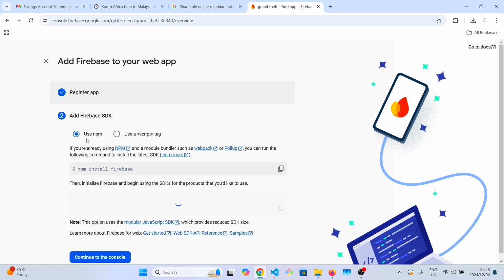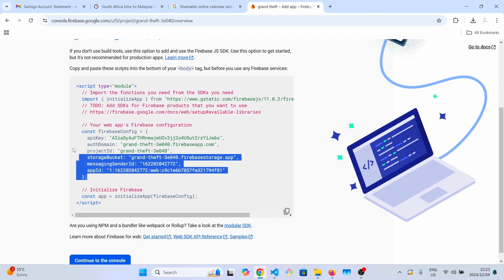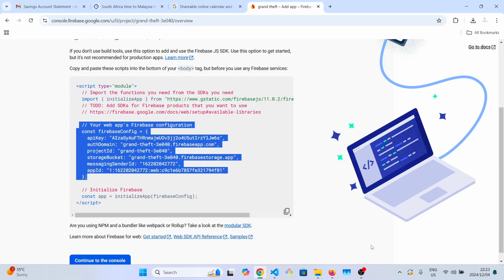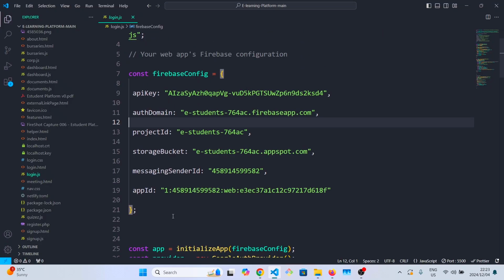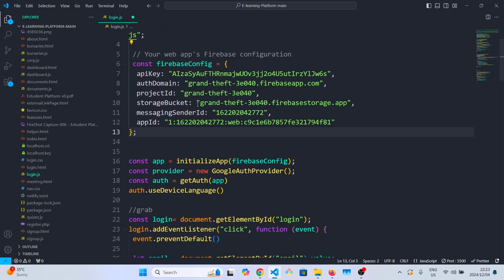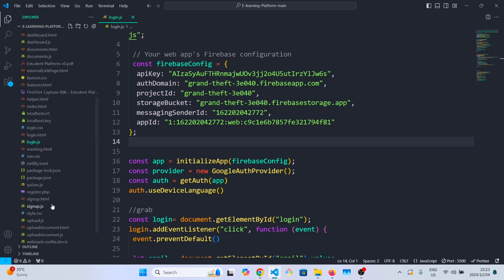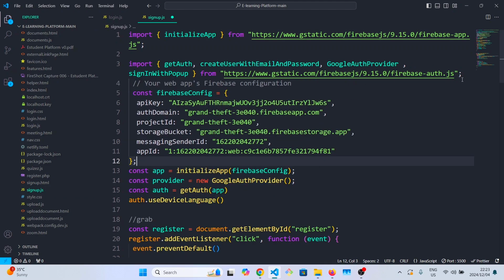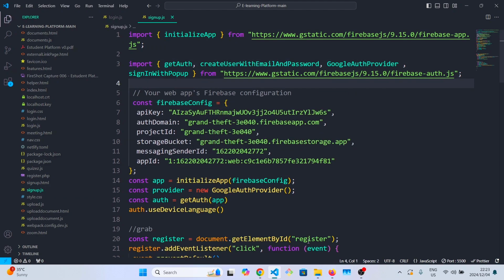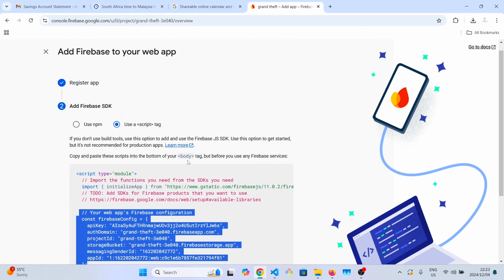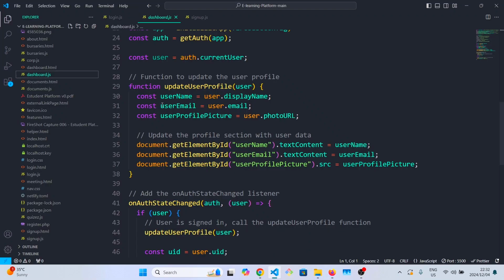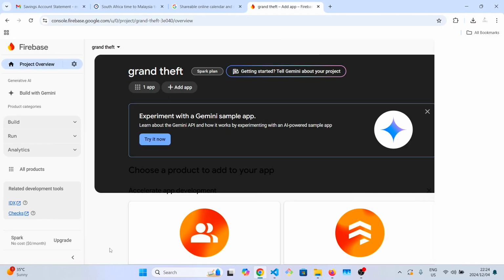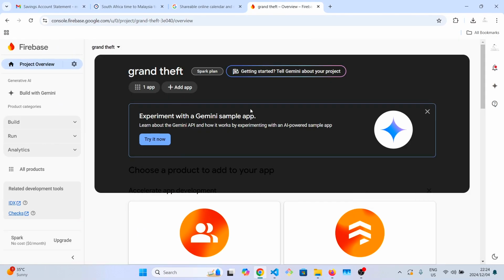Once you are here, you are going to click on the script tag and then copy your Firebase credentials here. You are going to need to replace these credentials with your own on any file that has them. So check all the files and replace them with your own Firebase credentials. Once all of them are replaced, you are going to go back to Firebase